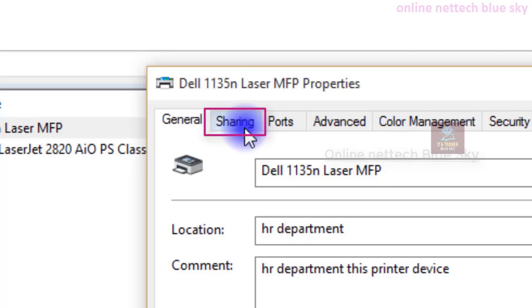you install the printer on 3 PCs, the main PCs, and you share your printer with the other PCs. That means you do not need more printers here.